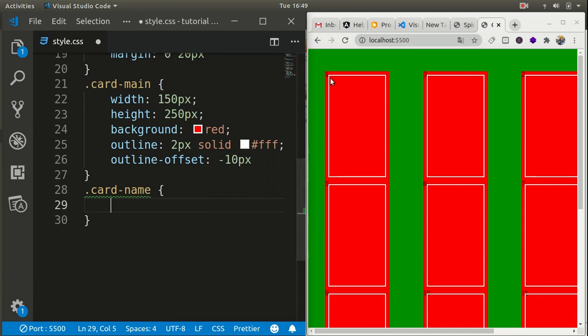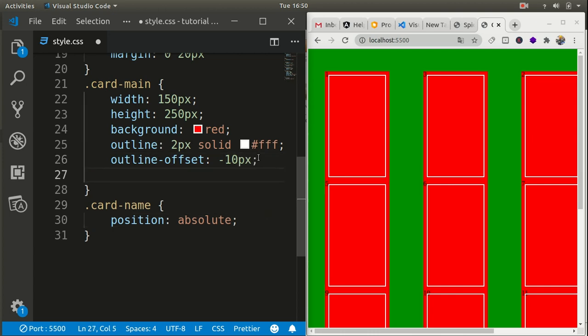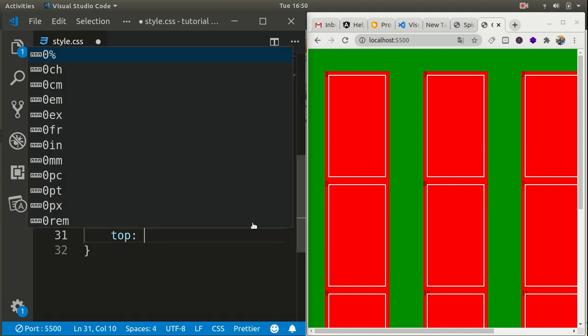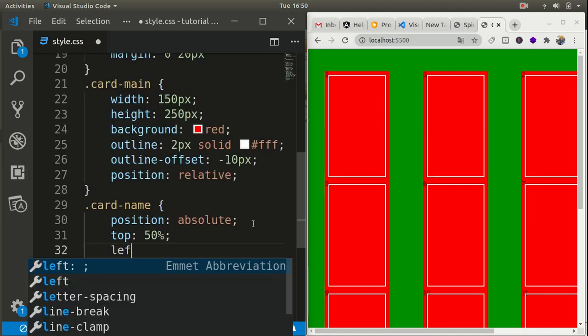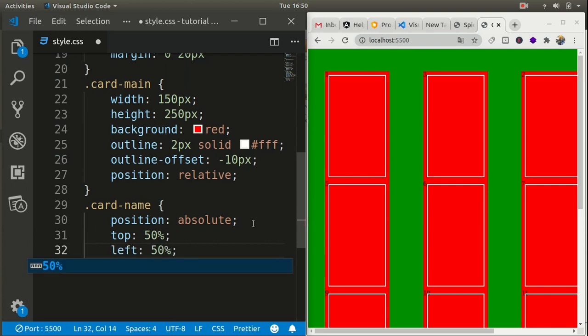Let's first center this name, so apply a position of absolute, and absolute position tries to find a parent having position set to relative, so its nearest parent is card main, so let's put a property here, position relative. And now we can define top to be 50%, left to be 50% here, and if I save this, the card number goes into center.